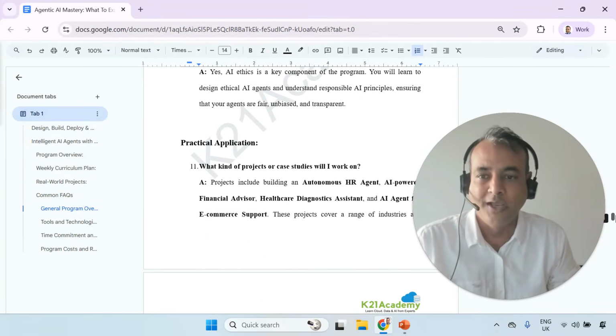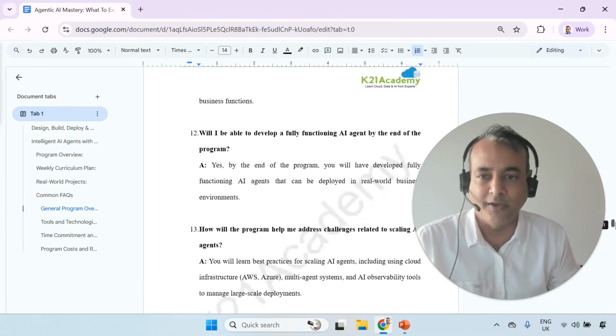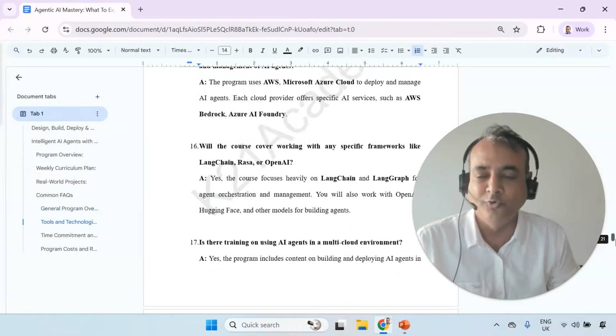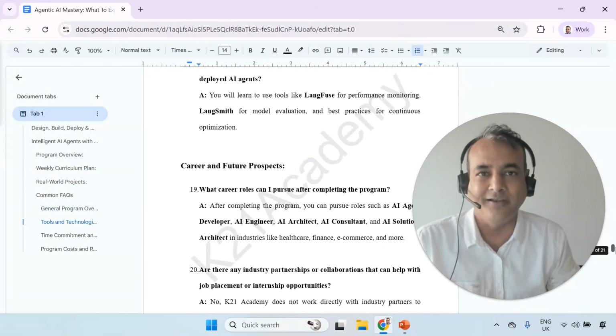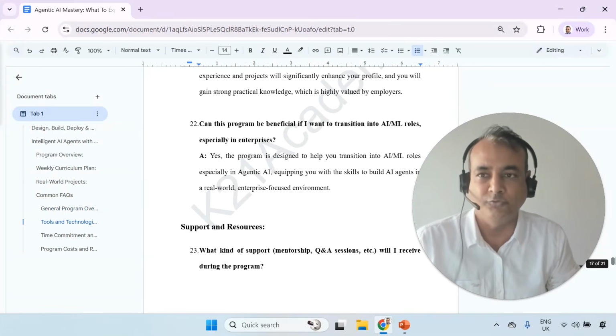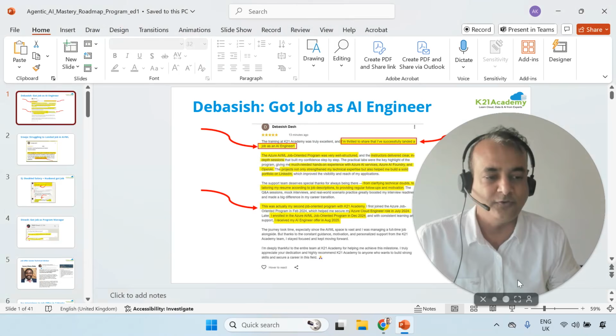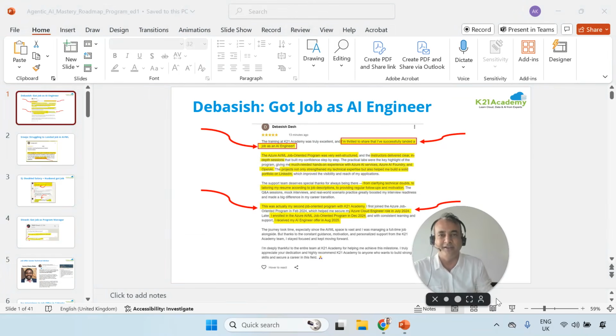We'll also be talking about what the practical applications are that we are going to use and implement on those tools and technologies, including some career-related questions, how it will help in your career, and lots and lots of those questions as well. But first of all, I want to highlight to you that this program works